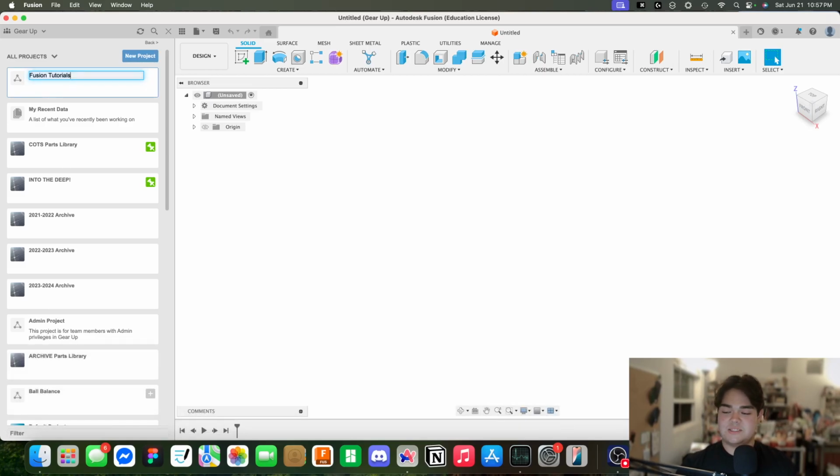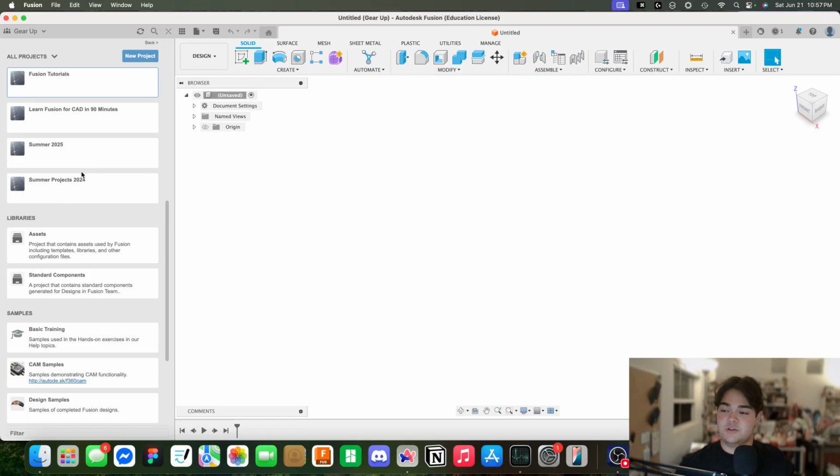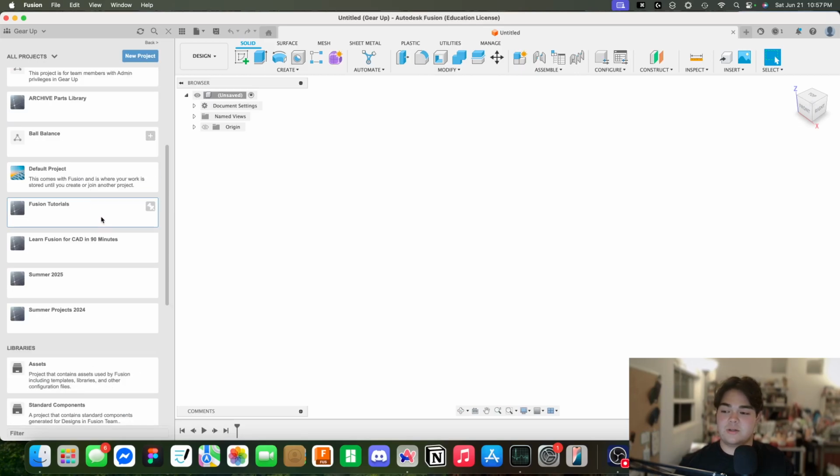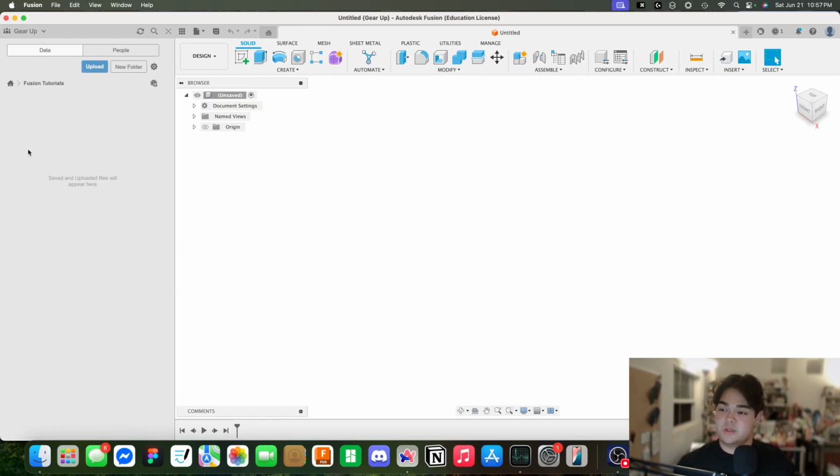So the other thing you can see is at the bottom of my screen here, I have all of my keyboard inputs being displayed, just so you guys know if I'm using a keyboard shortcut. I won't be using too many today, but that'll come in useful when we get into sketching a little bit later. All right, so I double click on Fusion Tutorials to open the project, and now I want to make